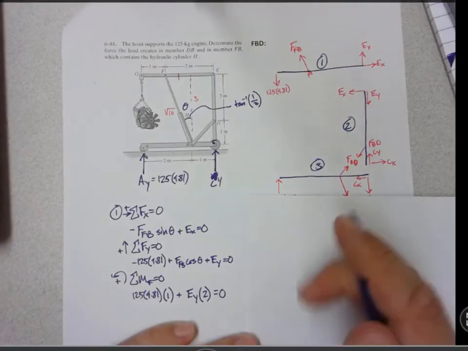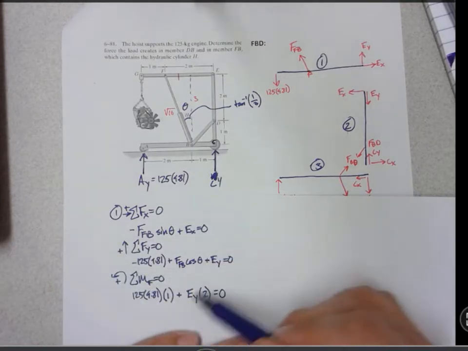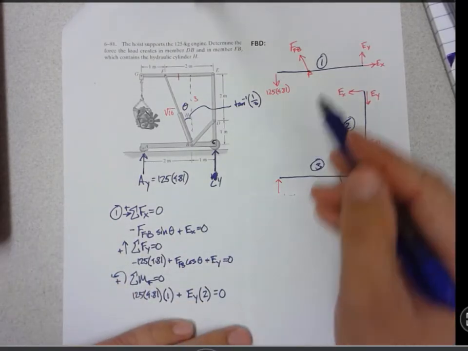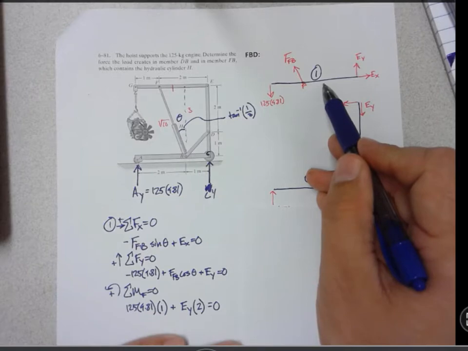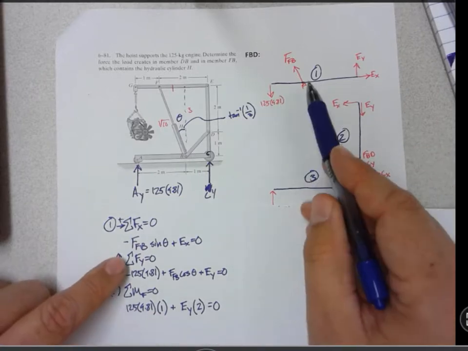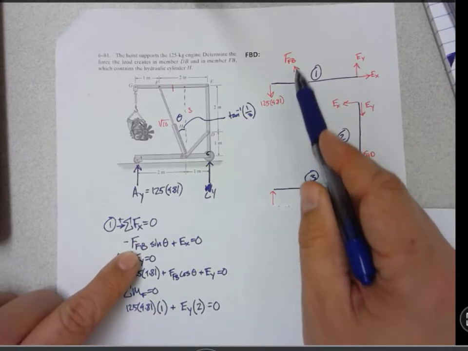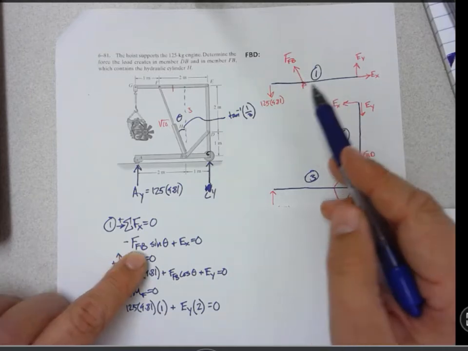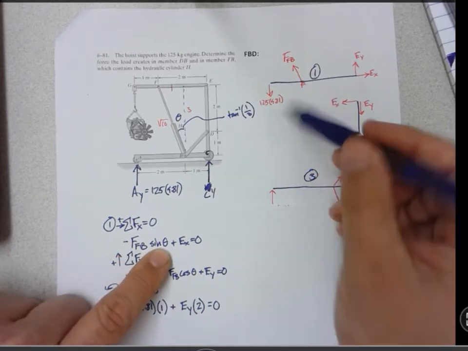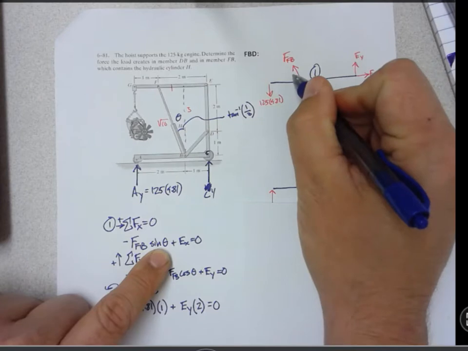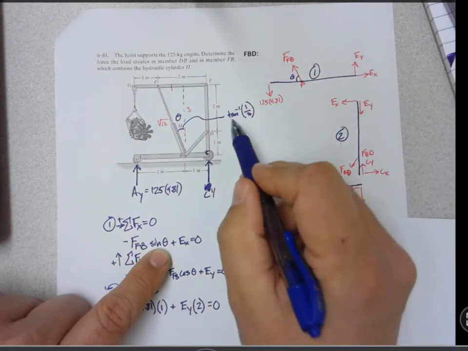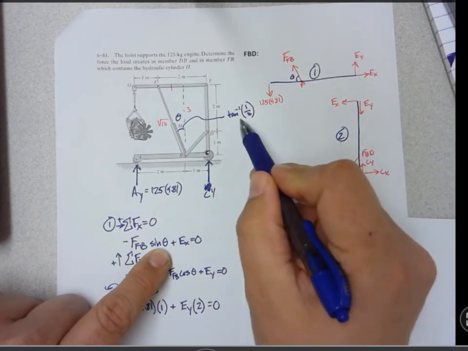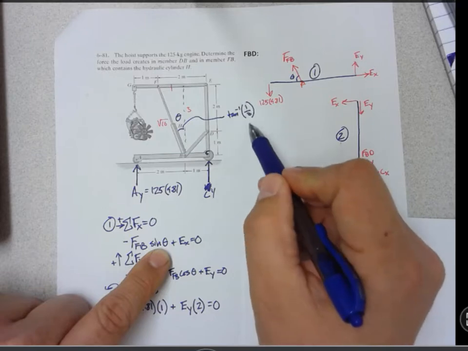Okay, so for the first set of equations, you should have something that looks like this. Sum of the forces in the x, and again, we're looking at rigid body number 1 up here. For the sum of the forces in the x, we'll have the horizontal component of FFB going in the negative direction. It's going to be the sine of theta here, so you could either do similar triangles or you could figure out what theta is. I chose to go the route of figuring out what theta is. It'd be the inverse tan of 1 over 3